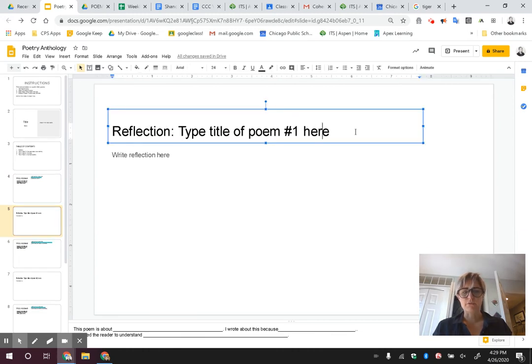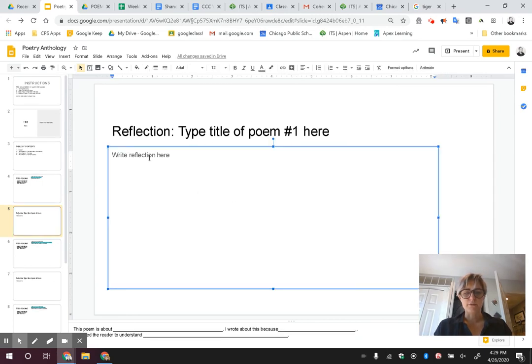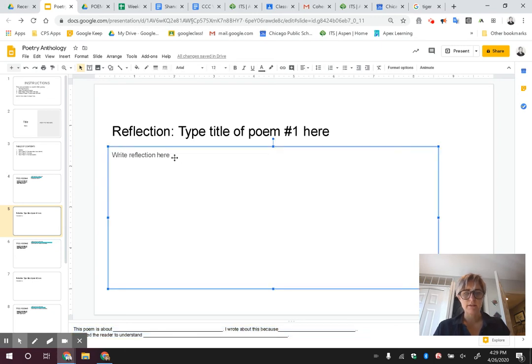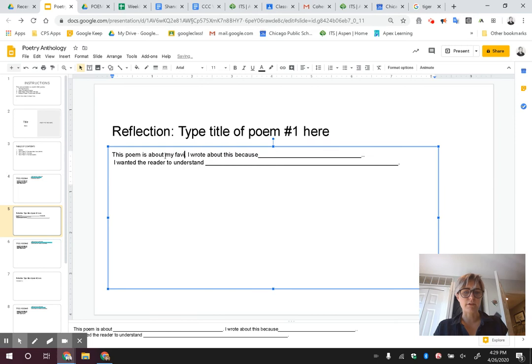So you can keep the word reflection, but you're going to type the title of poem number 1 in here. So whatever you titled this poem, it's going to be the same thing that you put here. For the reflection, I have included down here in the notes exactly what you need to write. So you could actually copy and paste that here, and you're just filling in the blanks. So this poem is about, I'm gonna highlight, and you're gonna type what your poem is about. So this poem is about my favorite